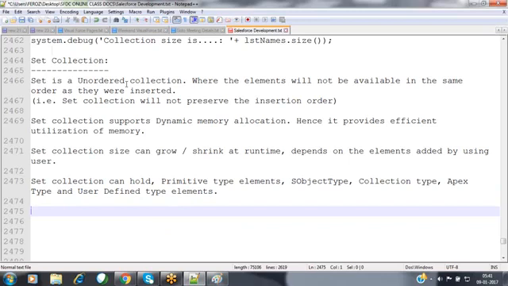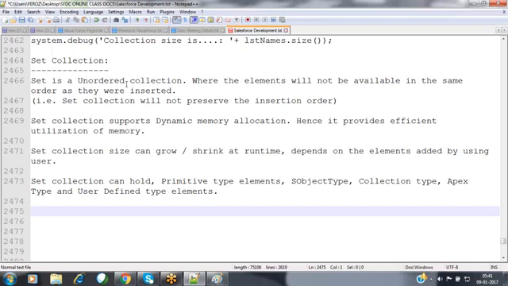Whenever you are storing elements inside that collection, it won't maintain any indexes. There is no concept of index in the set collection, so there is no option to get an element based on index. We fetch elements from a list collection based on the index. But here there is no concept of index, because the elements are not kept in the same order.